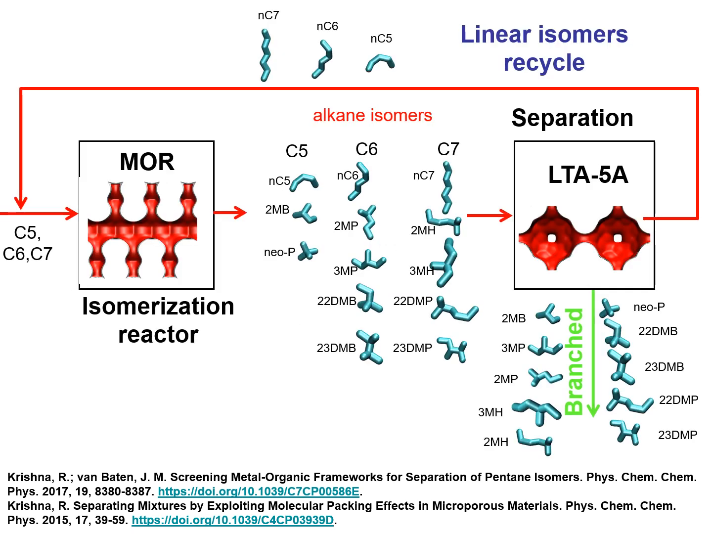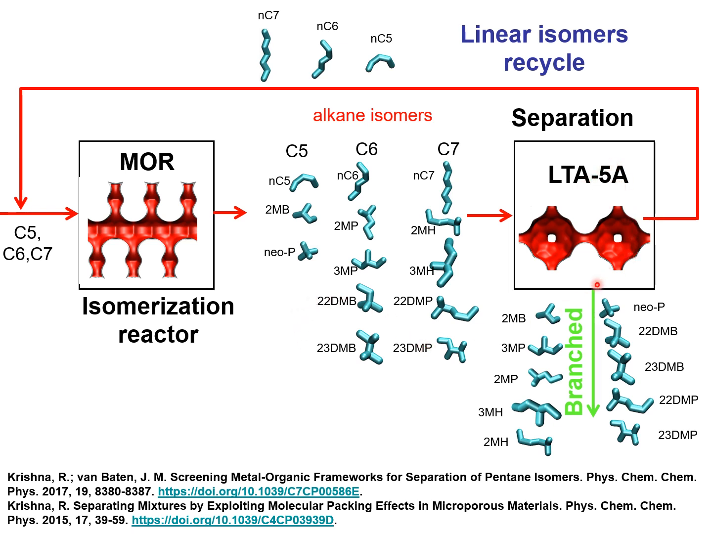I show here a process flow scheme for the alkane isomerization process, in which a feed mixture consisting of C5, C6, and C7 alkanes is fed to the isomerization reactor that is catalyzed by Mordenite catalyst. The products emerging from the isomerization reactor are a thermodynamic equilibrium of the isomers of C5 alkanes, C6 alkanes, and C7 alkanes. In the separation step,